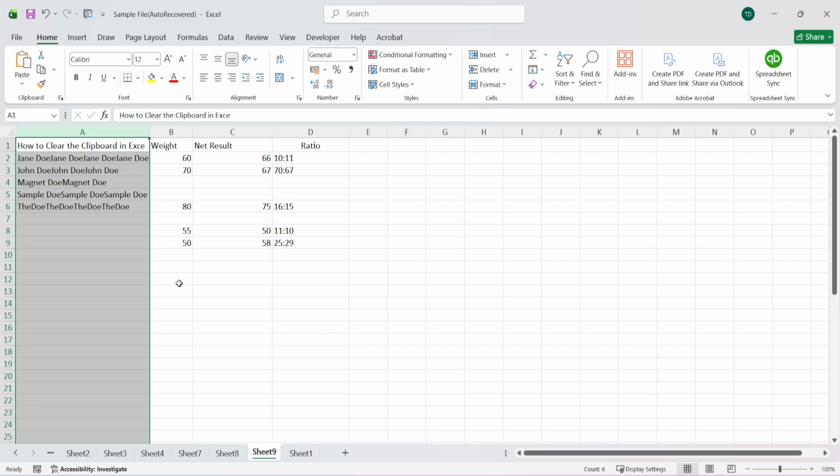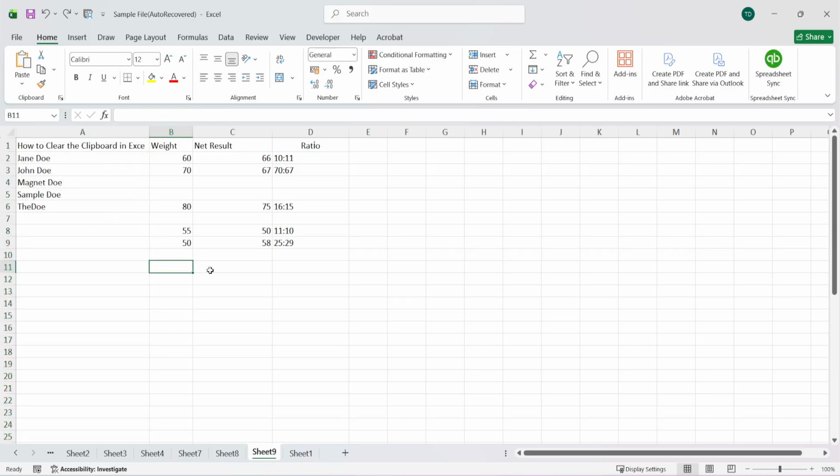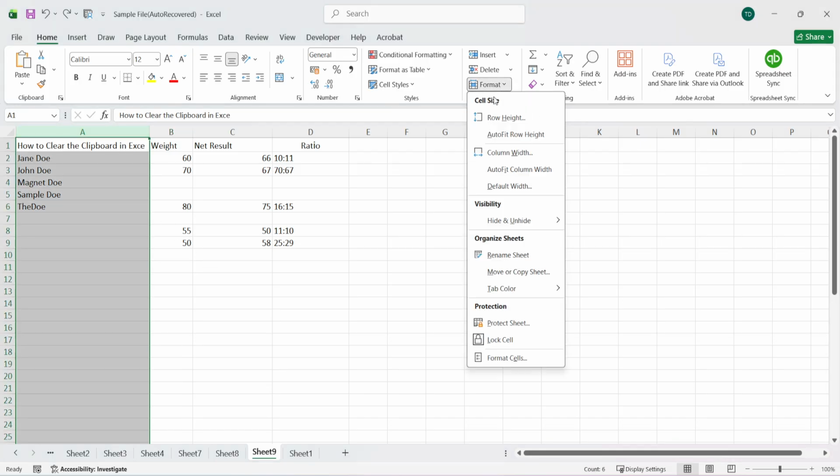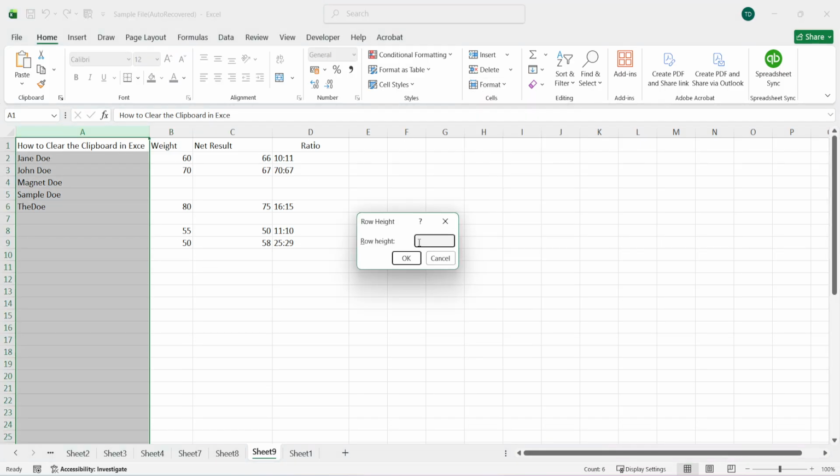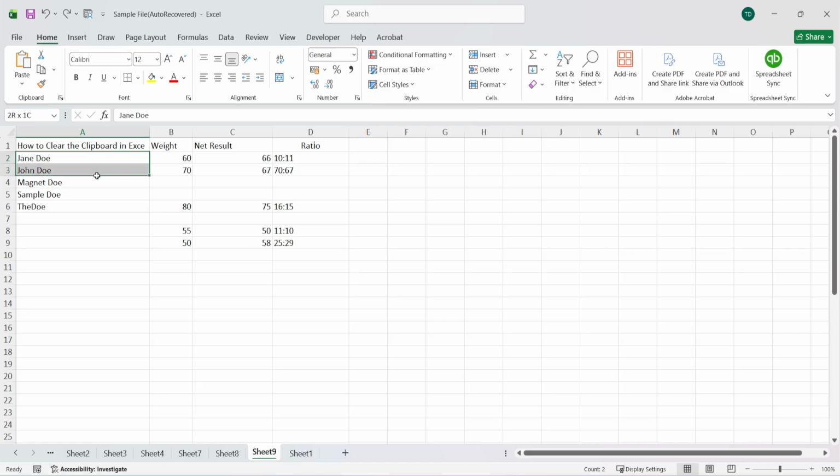The next method combines wrap text with a fixed row height. Select the cells, go to the Home tab, click Format in the Cells group, and choose Row Height. Note the current value, it's usually around 15 points. Then click OK. Now click the Wrap Text button in the Alignment group. This forces the text to wrap, but keeps the row at normal height, so anything that doesn't fit will be